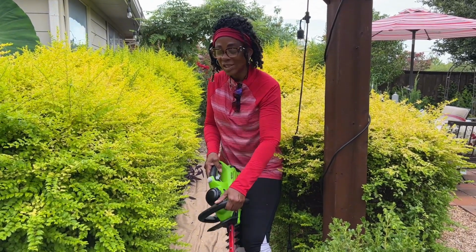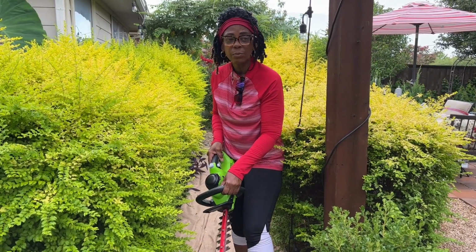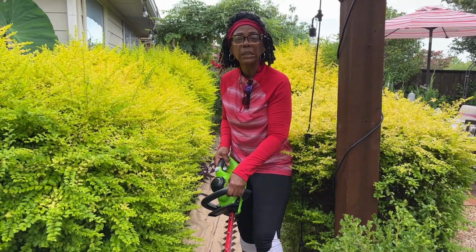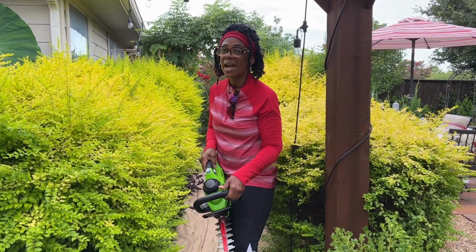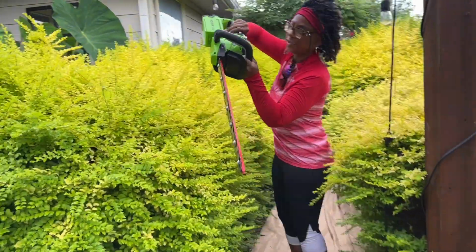So as much as I didn't want to buy this brand again, I'm going to give them one more shot with the trimmer. This one had mixed reviews. Some people loved it. The biggest complaint is the battery. This one came with the battery, so I thought I'd try it one more time. Let's see how it works out and go from there. So I'm gonna just, for the first time,